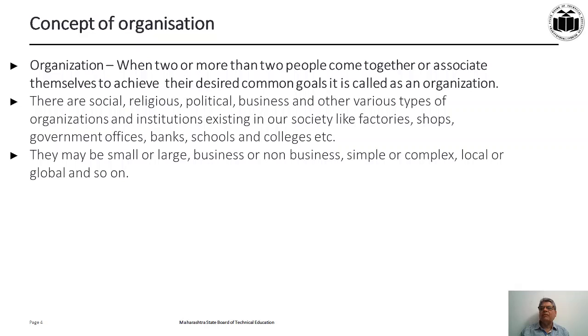As far as simple and complex is concerned, when the organization is small, it is a simple organization. Consider a vendor of Mahindra and Mahindra. He has a small factory. There may be say 15 to 20 workers working there. So it is a simple organization. But Mahindra and Mahindra itself is a very complex organization. It is very big and very complex. Similarly, the said vendor is a local organization, and for Mahindra, it is a global organization, right?